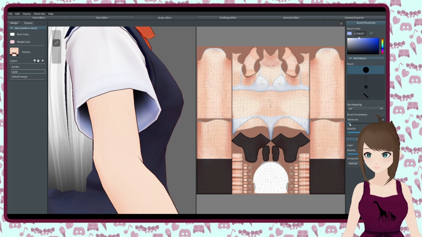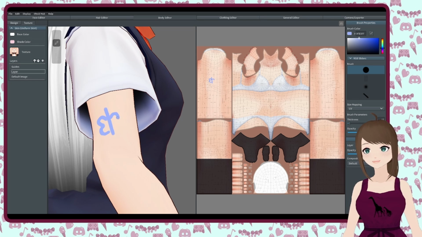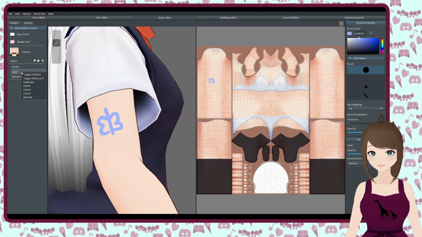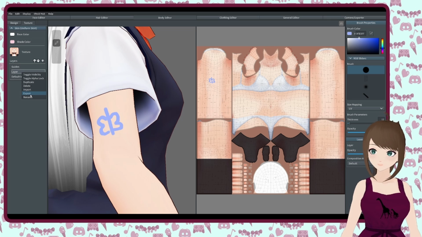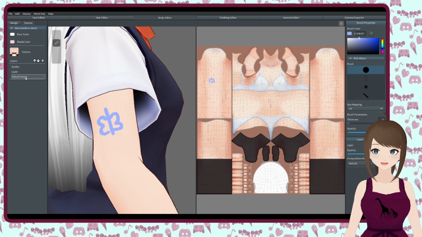Say I want to make a tattoo or something like that. You can draw on here, same as if you draw something else. Like I want to draw, I know that's not symmetrical at all, but yes, you can draw it on here. Do the same as you were doing with other textures. Right click, export, save it somewhere, and then when you are doing your textures, make sure to have your default layer or whatever layer you're using as your flesh tone